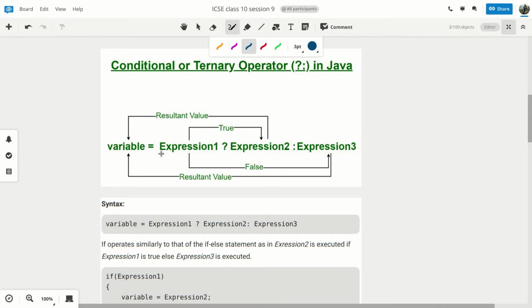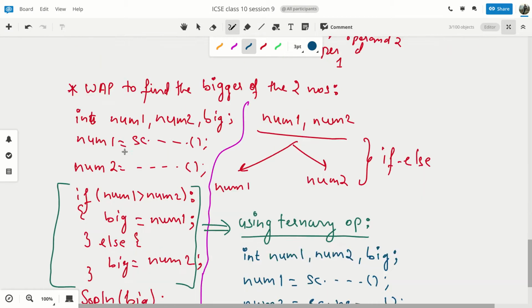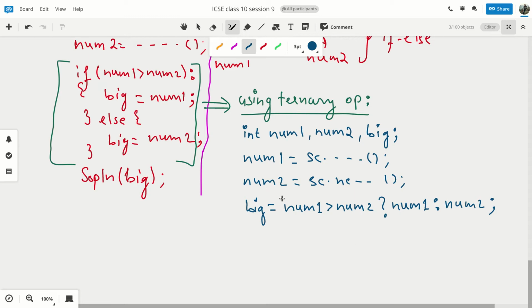If this condition happens to be true, then whatever you have written after the question mark will be executed, the value will be computed, and that final value will be assigned to the variable. If this expression results in false, then it goes after the colon, and that expression or value will be evaluated and stored in the variable. The same thing is happening here. If this condition is true, this value is evaluated, but because this is a single value, it needs no evaluation and will directly be assigned to big.